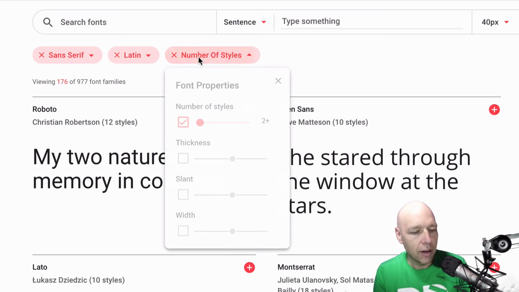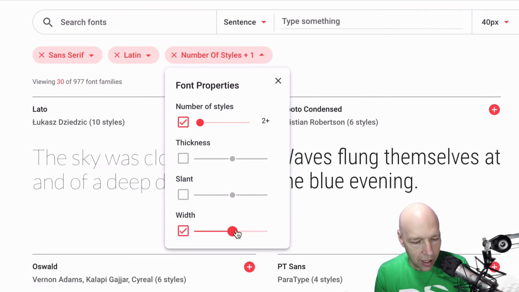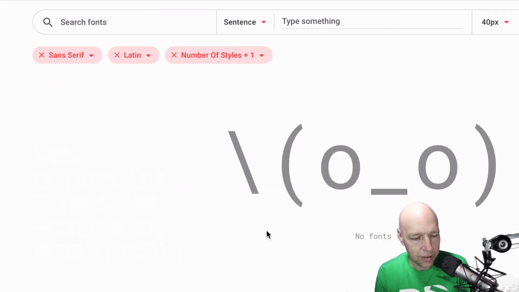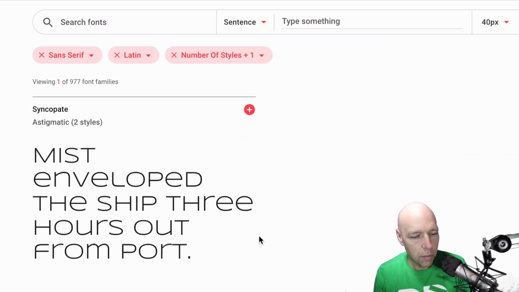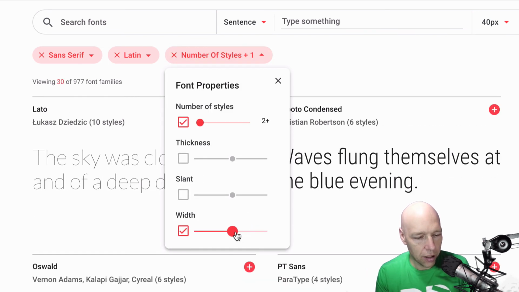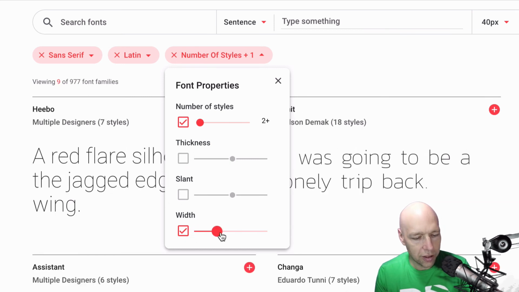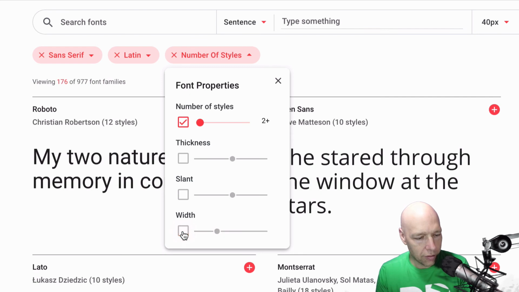That's a lot. If I came in here and I said, and I am interested in the width of these typefaces, if I go, I love this little, no fonts found, there's nothing here. But if I come back over and I adjust this to be a little more narrow, I'm down to 30. If I go really narrow, I'm down to 2. There's all sorts of ways that you can slice this. But these filters are all going to be within that 977. If I turn width off, within this 176, I now want to